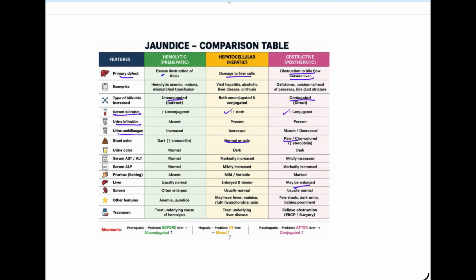Serum AST, ALT, and ALP are normal in hemolytic jaundice, and they are mildly and markedly increased in hepatocellular and obstructive jaundice respectively. Itching is absent in hemolytic jaundice. It is mildly present in hepatocellular jaundice and marked in obstructive jaundice. The liver is usually normal in hemolytic jaundice. It is enlarged and tender in hepatocellular jaundice, and it may be enlarged in obstructive jaundice. The spleen is enlarged in hemolytic jaundice because of increased destruction of RBCs, and normal in the other two. Features are also seen in the